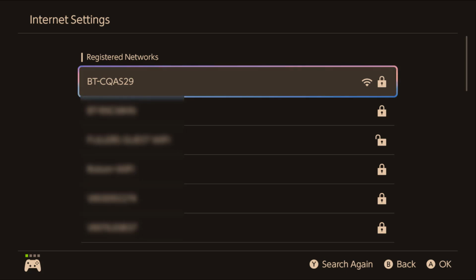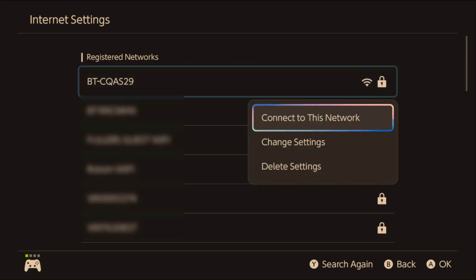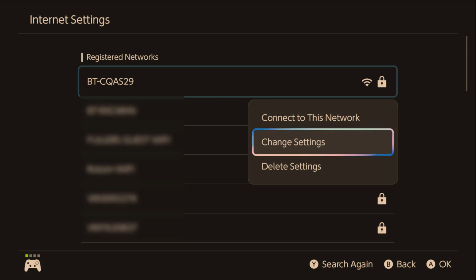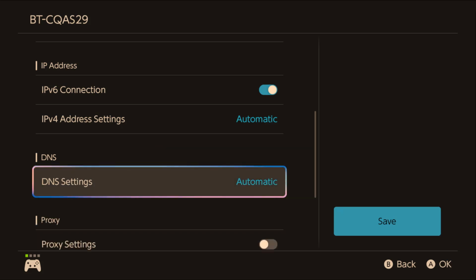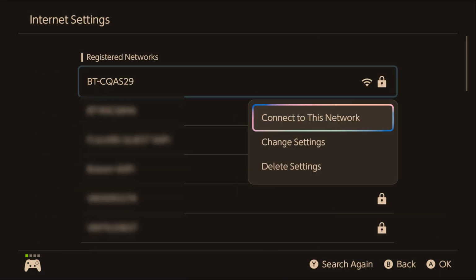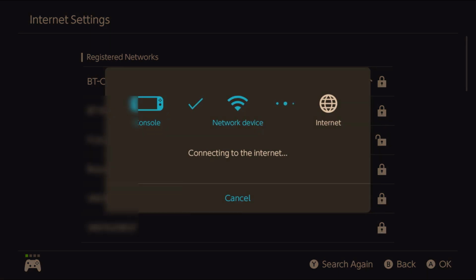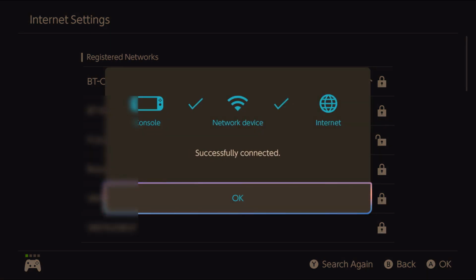If you want to reset your DNS settings back to normal so you can connect to the internet normally and play online games or do whatever, go to the settings of your network, go back to DNS, and then go to the DNS settings and just set it to be automatic, then click Save, then connect to your network like you normally would, and it's going to work. However, if you want to use the Nintendo Switch 2 web browser again, you're going to need to repeat the